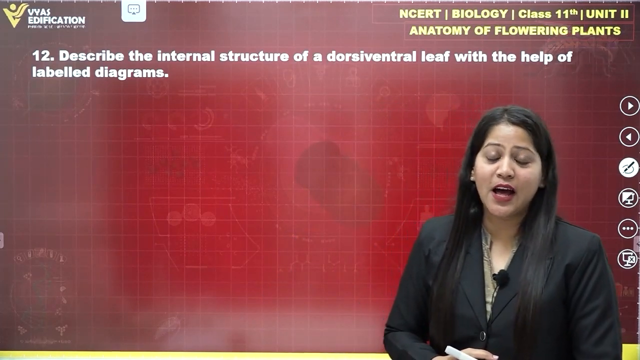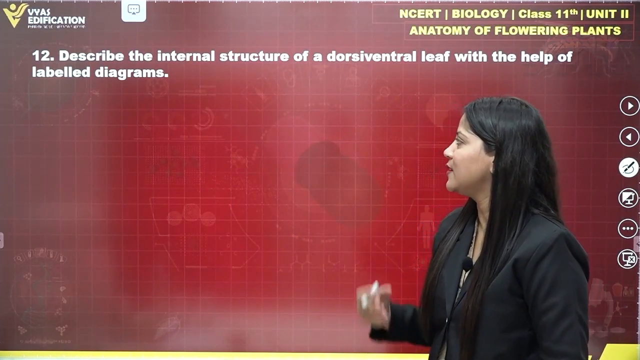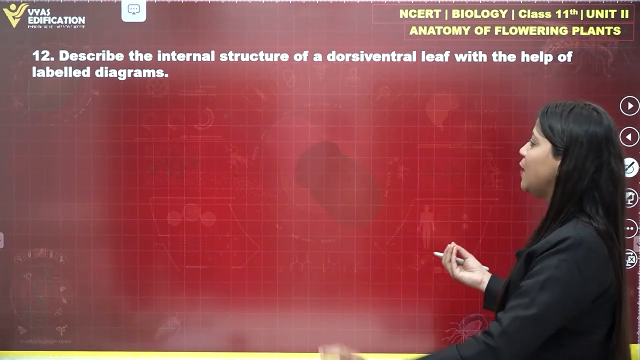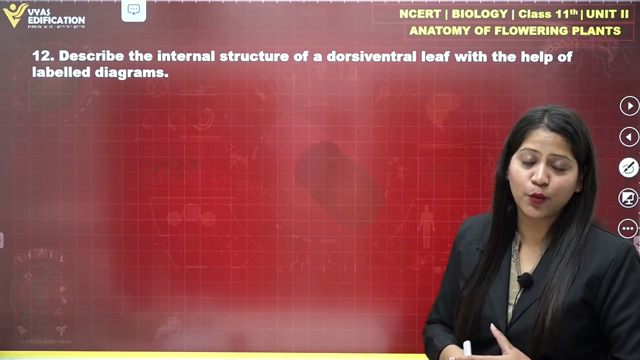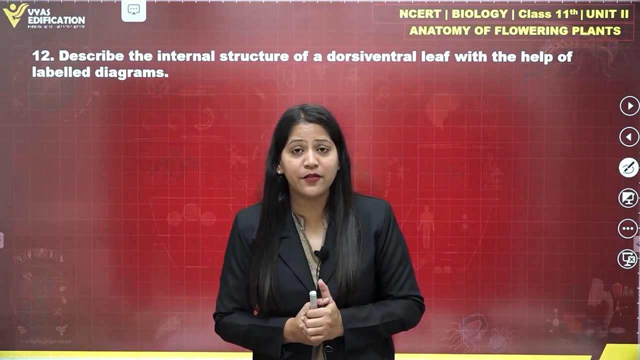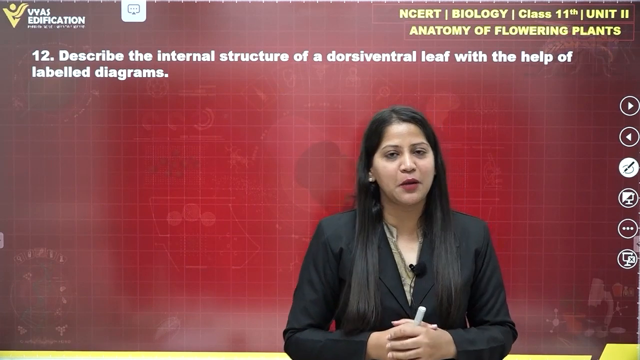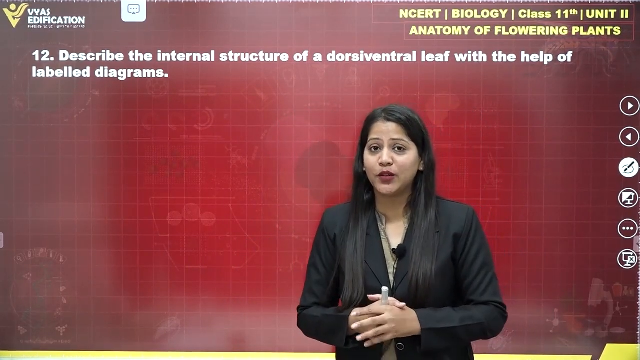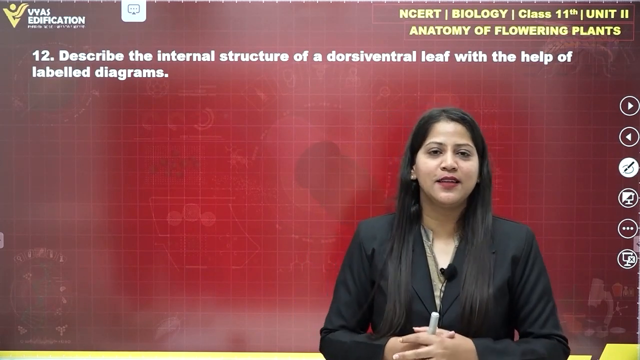Now moving on to the last question of this chapter, that is: describe the internal structure of a dorsiventral leaf with the help of a labeled diagram. So in this question we have to describe the internal structure of a dorsiventral leaf along with a labeled diagram of it. First of all, to answer this question we have to know in which kind of plants